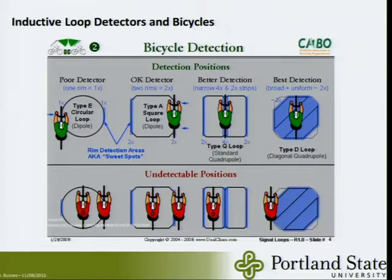issues you might have. So we're looking at this circular loop here which is most common in Portland. And the issue is if you're over the center here, you're probably not going to get a green. So you could be over the loop, actually, but you still may not get your green light because it may not know you're there. And that just has to do with the operation of the detection, its sensitivity, lots of other things. I'm not going to go into the nitty-gritty on that. But